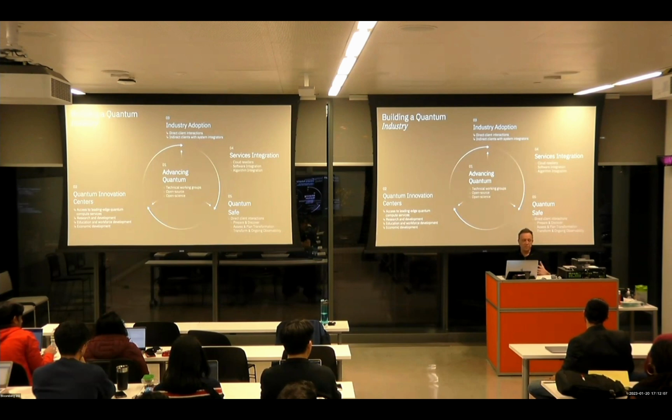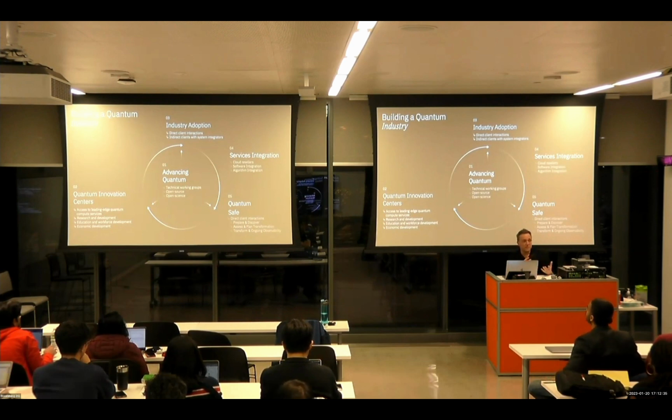We do it in 4 or 5 different ways. The first one is we have a set of working groups that really advance the theory behind quantum. The second is the Quantum Innovation Center. So we work with clients and we encourage them to have clients so that they go off and help educate industry adoption. So we go work with clients direct. Services integration, we're working with a lot of ISVs, software vendors, to incorporate quantum into what they're building already. And then finally, Quantum Safe, which is our product to help protect businesses against